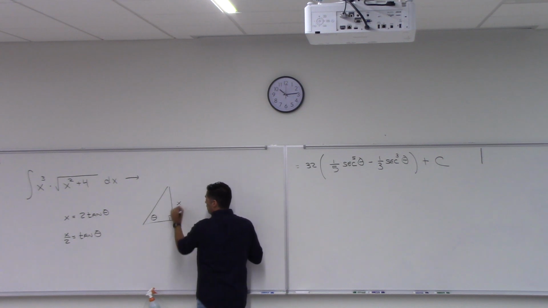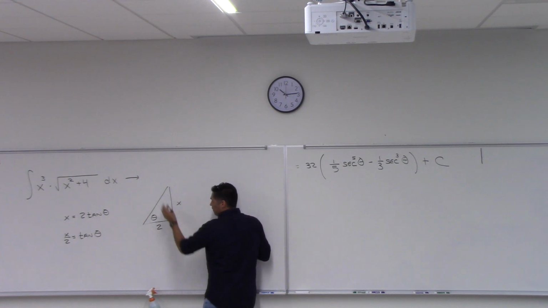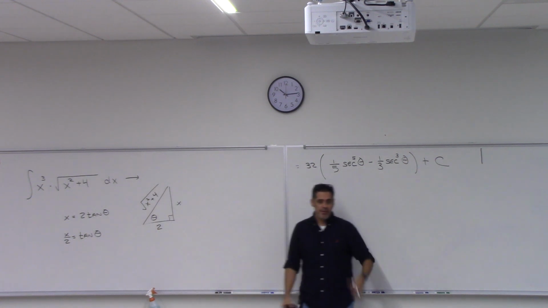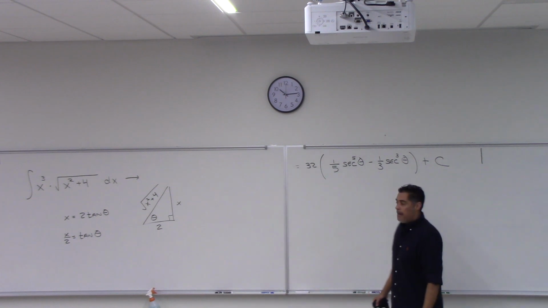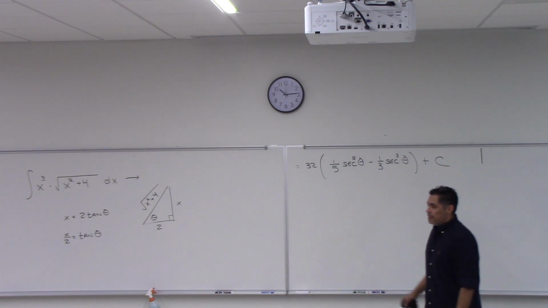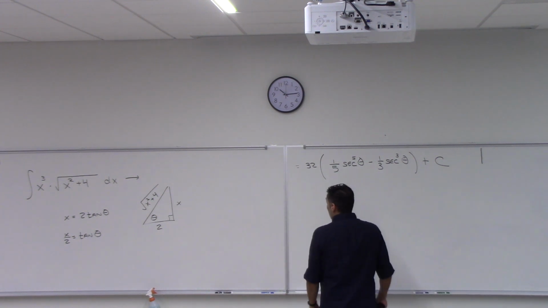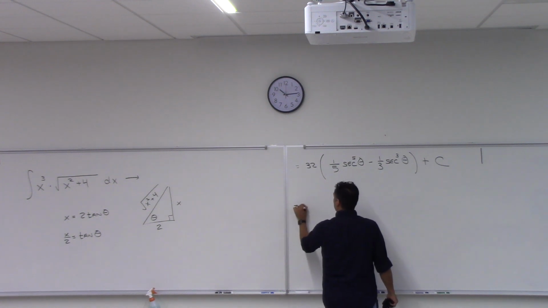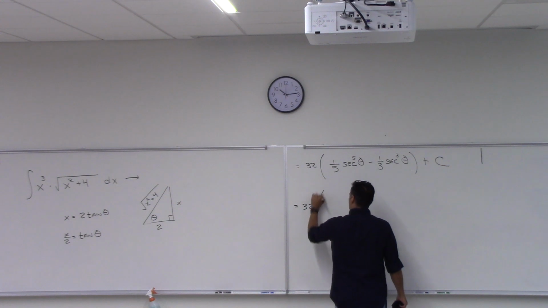So this is x and this is 2. And if you solve for this side, you will in fact get that square root x squared plus 4 that we were thinking we would probably see 97% of the time, right? Yeah. All right, I think we're ready to put this together. Our final answer over here, 32. Okay, 1/5